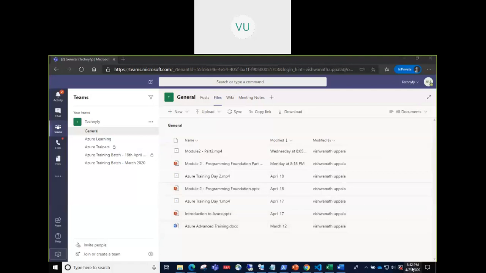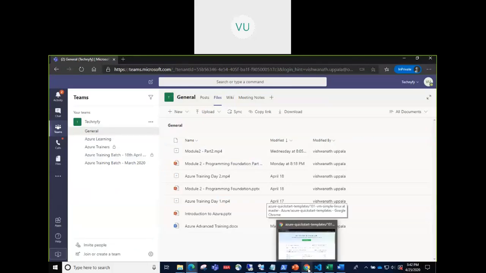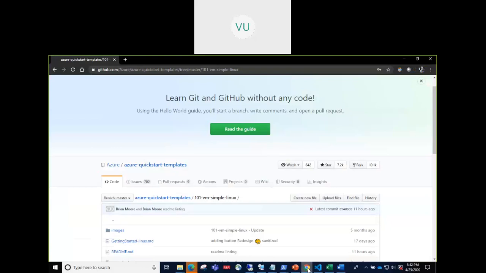Okay then. I hope it was not too overwhelming. I just kept on repeating these things again and again on the ARM templates instead of going deeper because I don't want to just rush through and complete the module. I just want you to understand those things, practice them, get hands-on. Once you become comfortable with that, then we will move on to the next sessions.